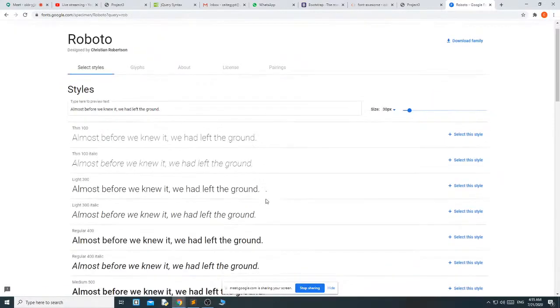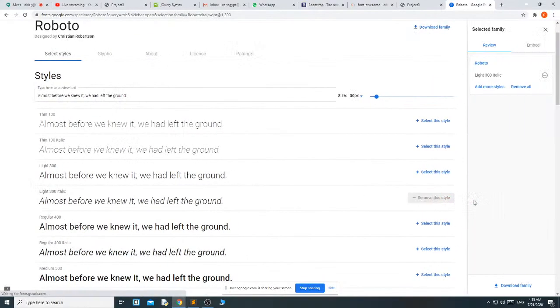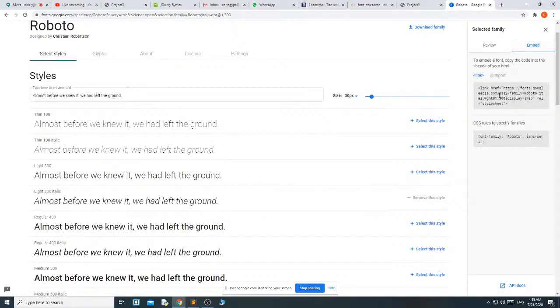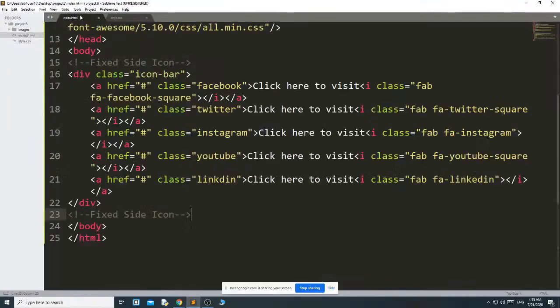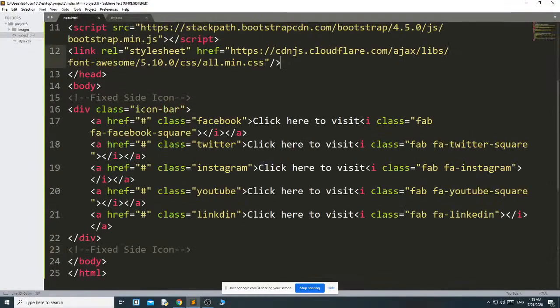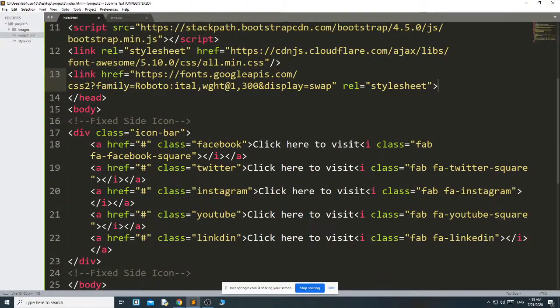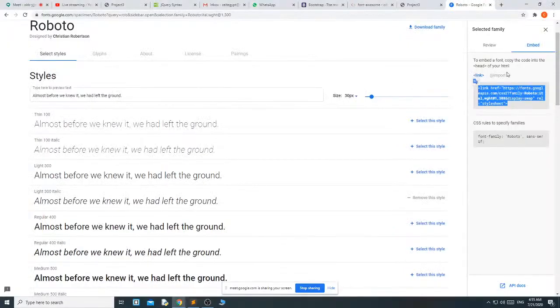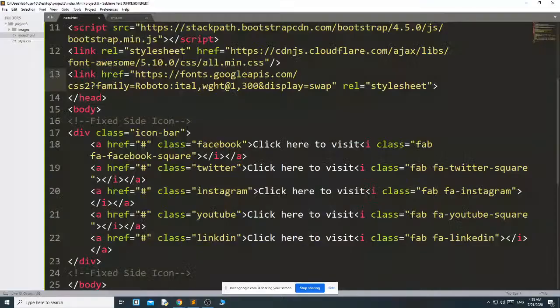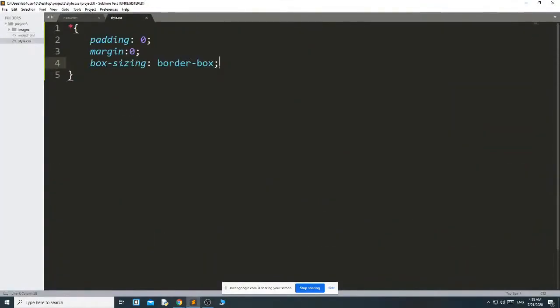Suppose this one, and I am using this style. Then embed, click this, copy this and paste it in the HTML under the head tag. Okay, and copy this and paste it here.